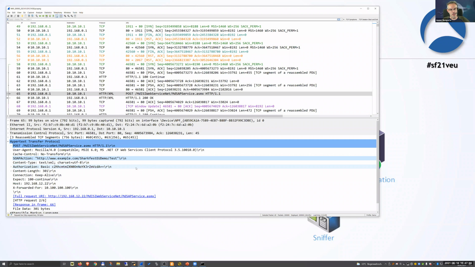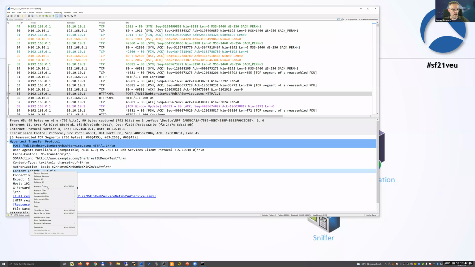And now the question is, how can we get all these SOAP action calls and verify them? My first idea was, hey, this is not that complicated. We can just make a column for this one. As you probably know, you can create custom columns with any kind of info from any field in the decode you want. For example, if you want to have a content length column, you could right click and say apply as column.